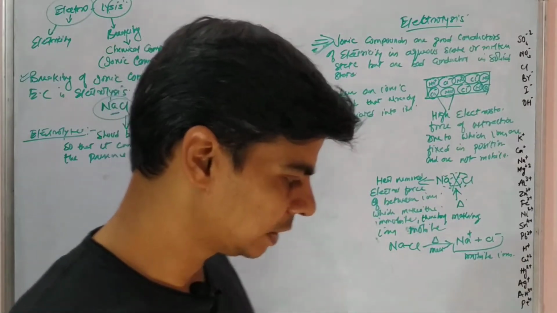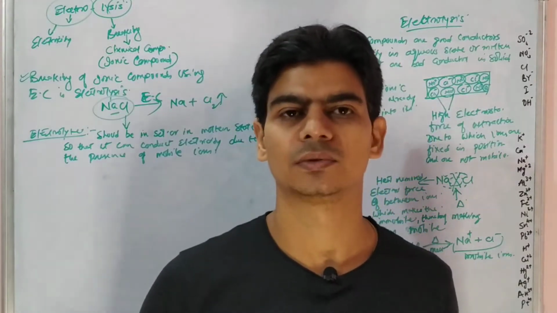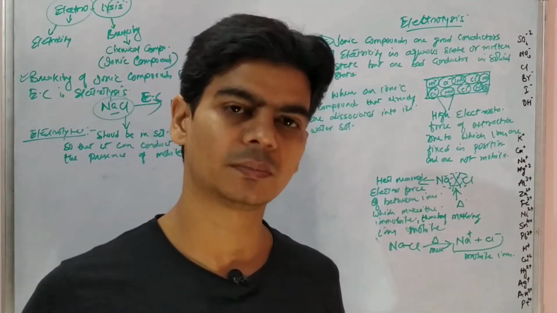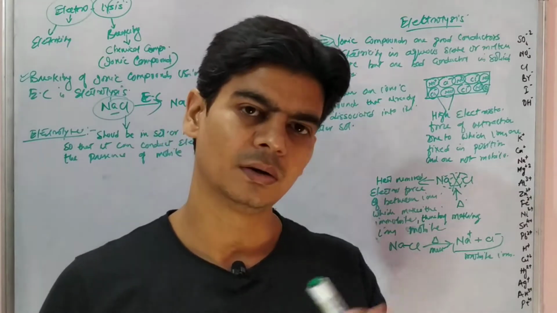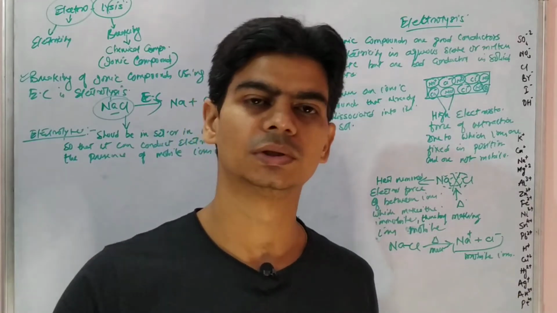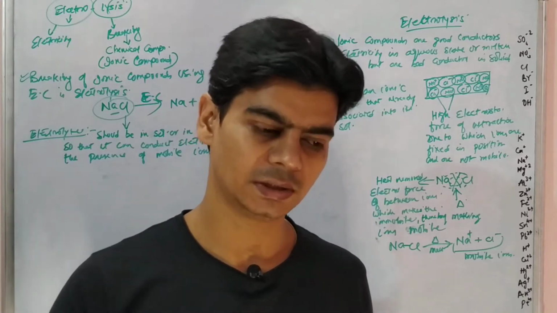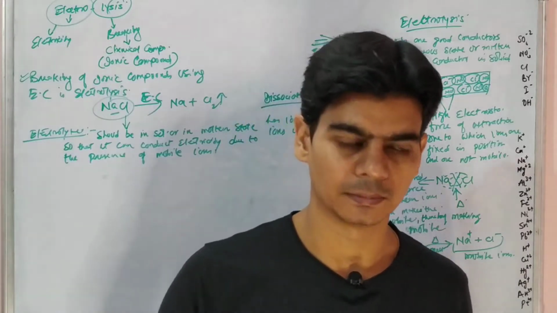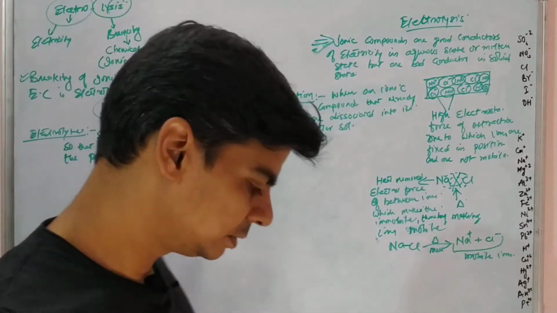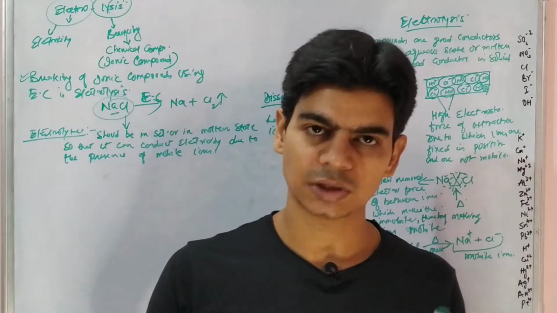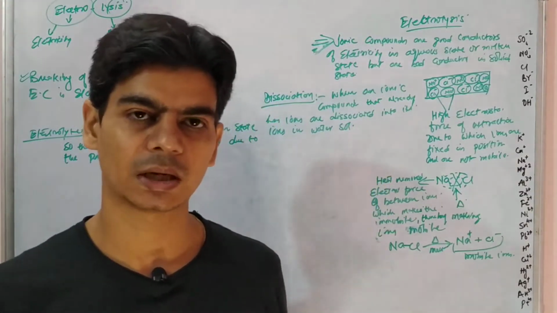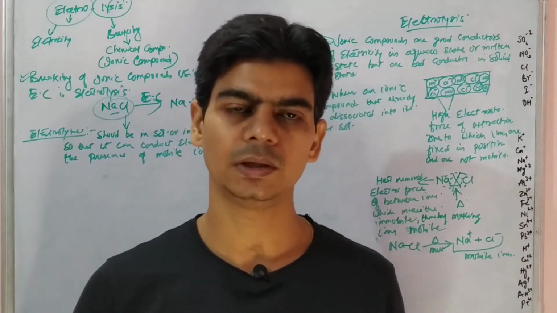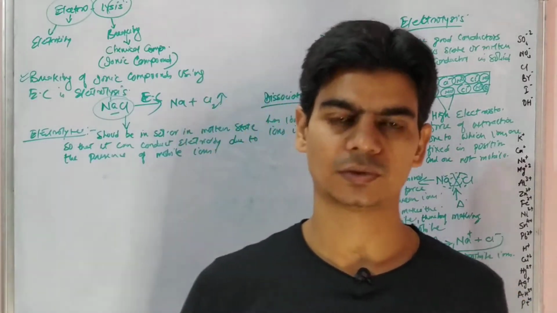We know that metals have a property to lose electrons. Metals have free electrons in their outermost shell. The outermost shell of metals can easily lose the valence electrons, which become free to move inside the metal. And since we have mobile charges in metals, mobile electrons here, it would be able to conduct electricity due to the presence of these free electrons.